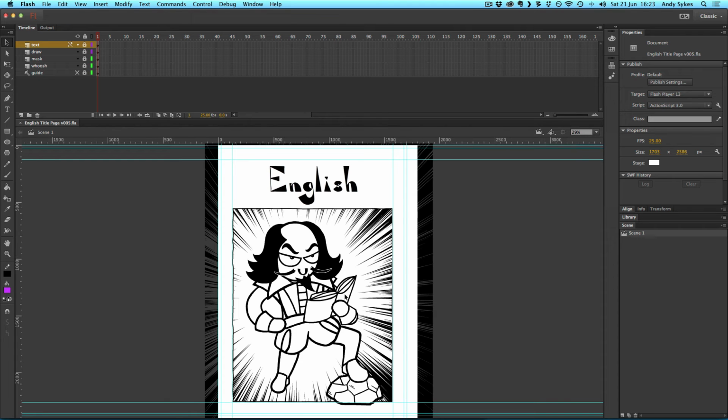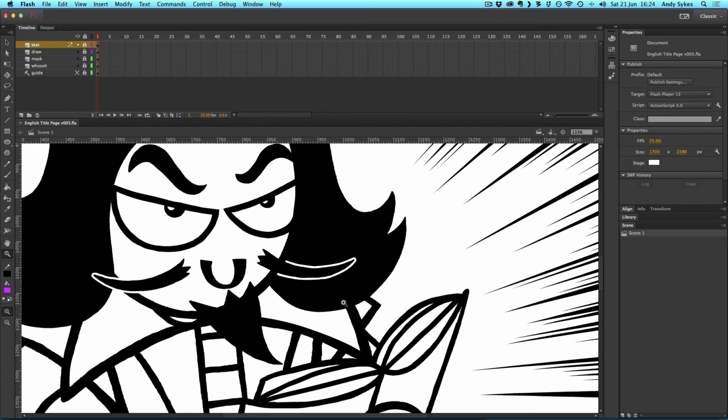Let's take a look at one more feature new to Flash CC 2014. Here we've got a picture from my anti-revision book, which is available on Amazon. And of course, it's vectors. I've drawn it in Flash. But I want to import it into Illustrator to add some extra things to it, which I can only do there. And I might want to prep it for print in Illustrator because its tools for doing that are much